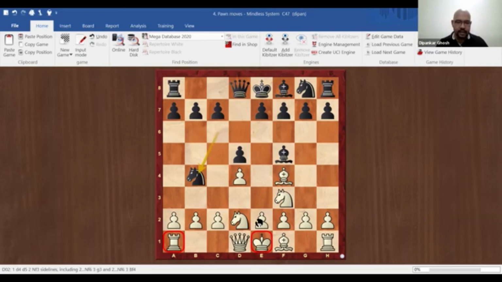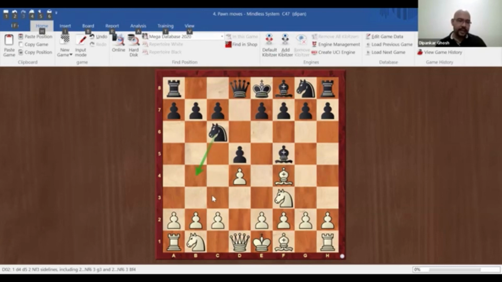He can try rook c1, but then this a2 pawn falls. Black gets a free pawn and attacks the rook. Rook goes back, king comes back. So black managed to take a pawn, and this threat has not gone away. So white should have noticed that, okay, knight to c6 has the threat of knight to b4. So what should white do instead?